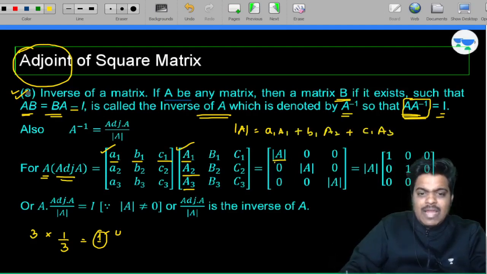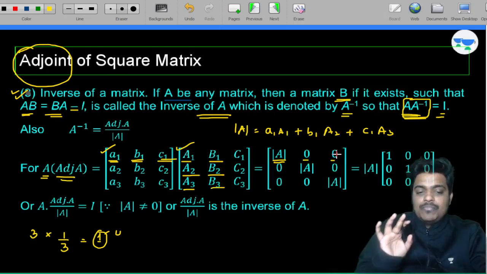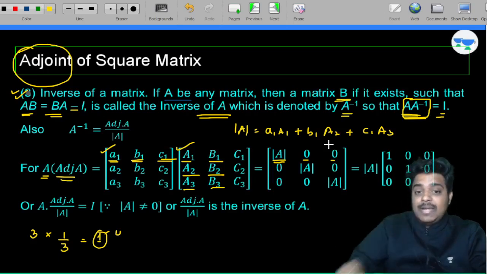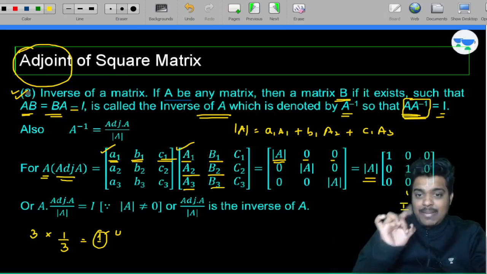So similarly we will write the determinant here, and now when you multiply A1 into B1 plus B1 into B2 plus C1 into B3, you will get the value 0. I hope you have got this. Now the basic comes from the determinant lecture. The matrix looks like this: the determinant of A is taken out, and inside is left 1 0 0, 0 1 0 and 0 0 1, which is nothing but the matrix I.